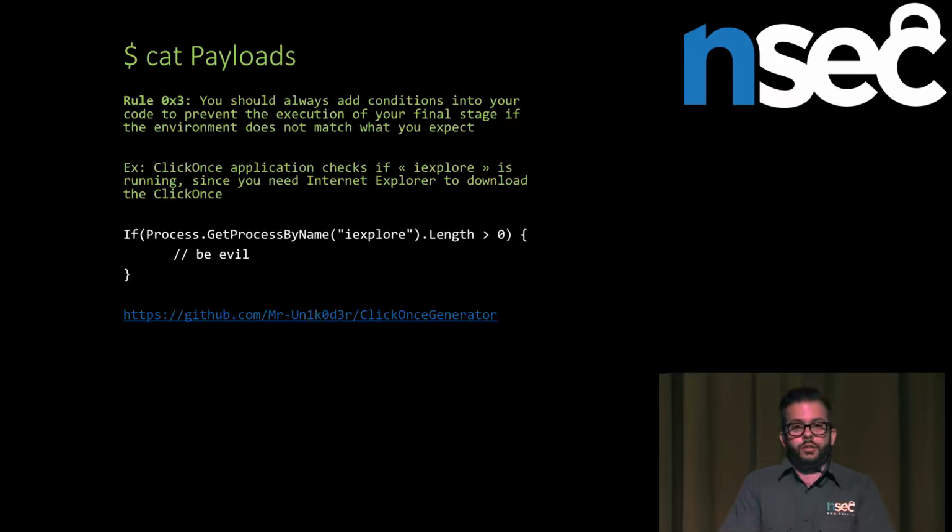Rule number 5: connecting back to your C2 as stealthily as possible. There are a lot of techniques that were publicly disclosed lately, like domain fronting. Using a legitimate domain to front your C2 domain is quite cool, because your client is going to see traffic to a legitimate, let's say, Microsoft website. And from there, you can send the data back to your C2. So it's kind of hard to figure out what's going on from an IR perspective.